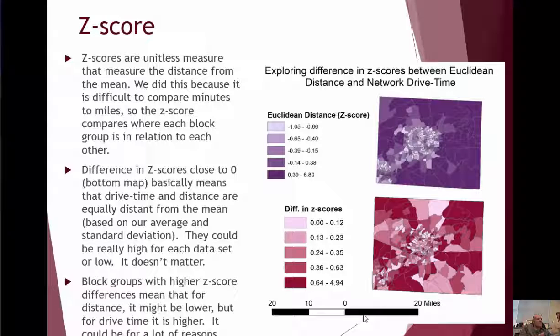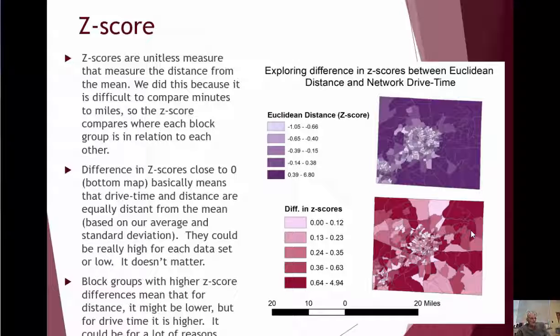It brings in how far it is away from the mean based on a z-score, which is unitless. And so we had our students do some Euclidean distance with the z-score. So we can map the z-scores here, and then we can look at the difference in z-scores between the two. So we can look at, hey, this is a big difference in the z-scores, meaning that